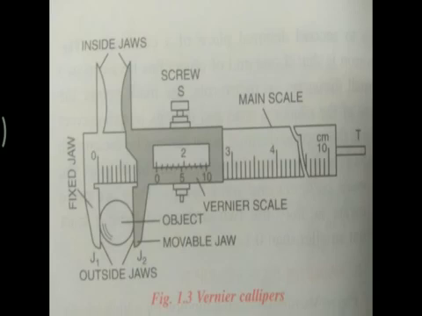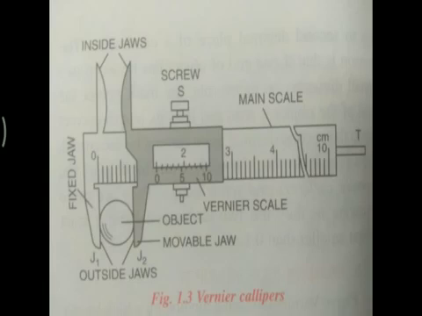Next is the strip. What is the strip? It is used to measure the depth of the beaker. In the last, the strip is there, the T, right? That is used to measure the depth of the beaker. Next is the main scale. The main scale measures the length correct up to 1 mm, just like the meter scale. Last is the vernier scale, and it helps to measure the length correct up to 0.1 millimeter. That means we get the second decimal place for the calculation, right? So these are all the parts of the vernier caliper and their uses.